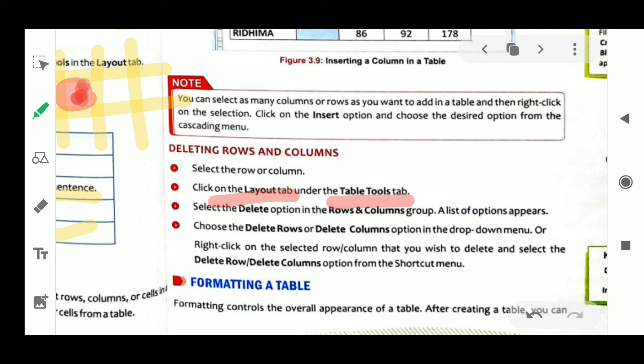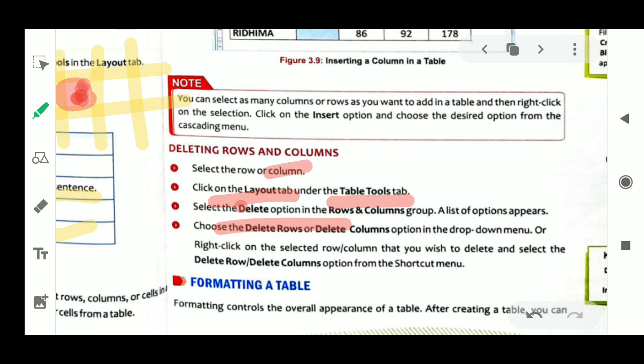In that tool you will see the delete option. In the table tool you will get the delete option. Click on the layout under the table tools, in that particular ribbon.